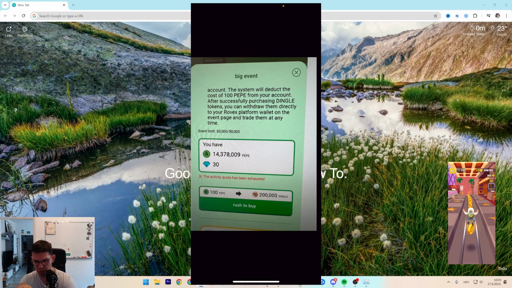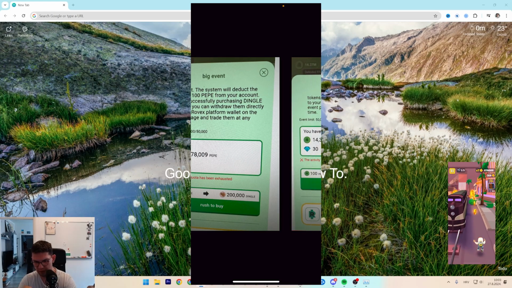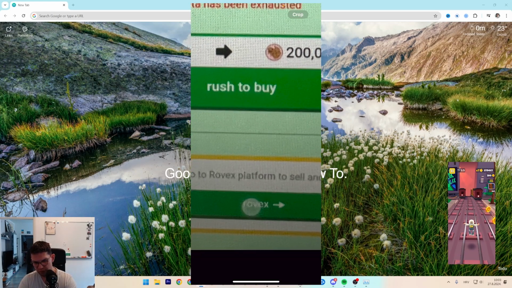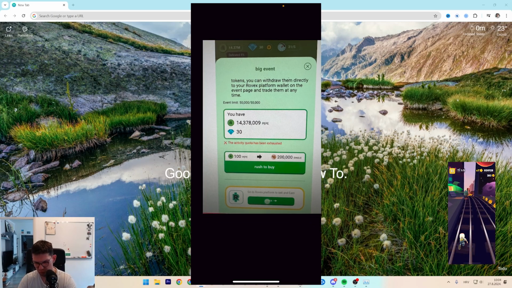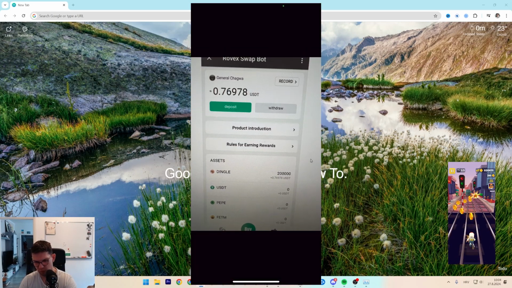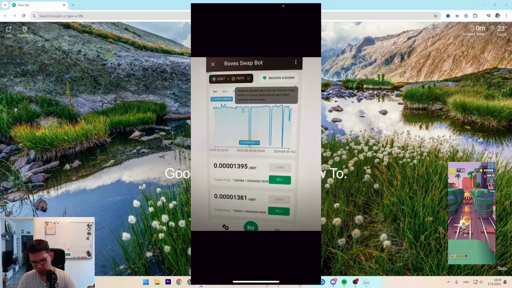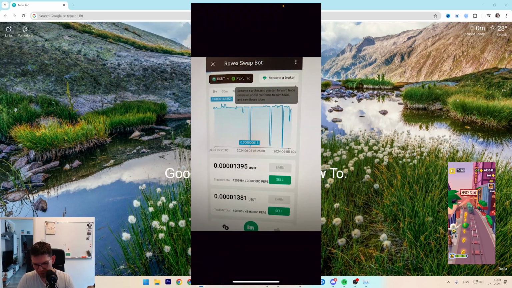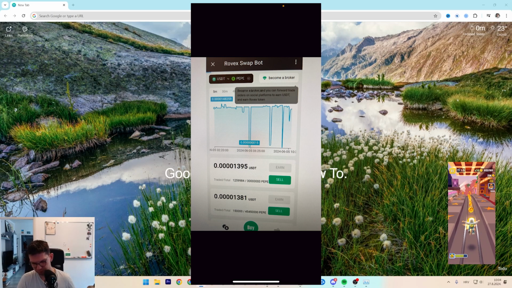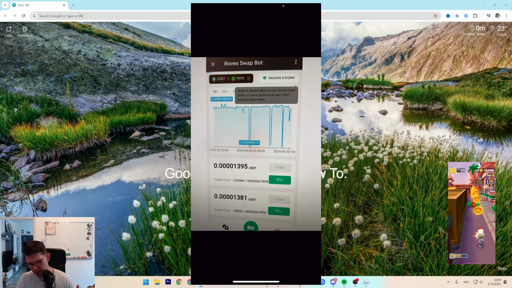Ignore how much you have, the rush to buy. What interests you is this ROVX platform to sell and earn. So you want to tap on the ROVX button, and it's going to get you to this screen where you can sell and earn